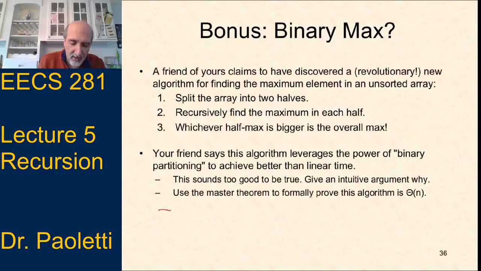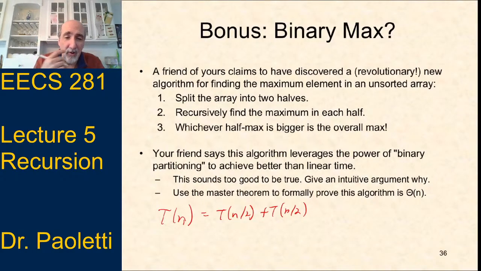Well, we've got T of n, our problem we want to solve, a problem of size n, is equal to T of n over 2 plus T of n over 2. So that's a recursive call to the left half, a recursive call to the right half, plus some constant amount of work for taking the maximum of those two values. Okay, well that's equal to 2T of n over 2 plus c1, and hey, we can plug this into the